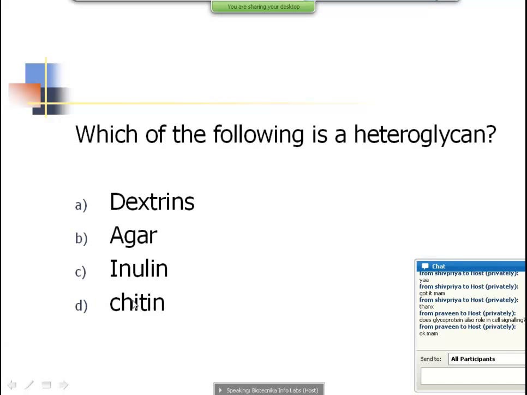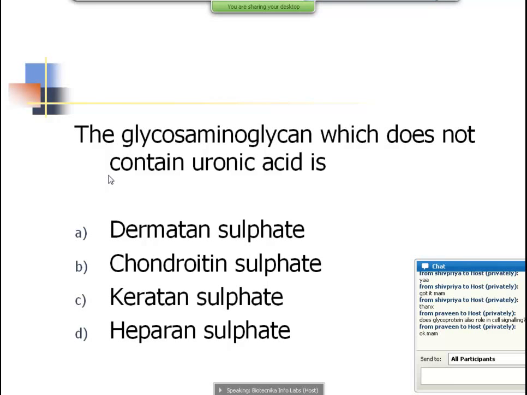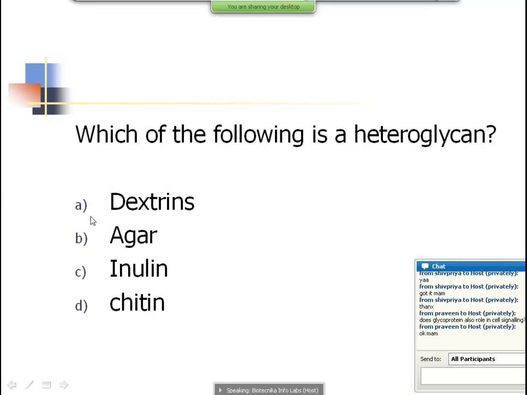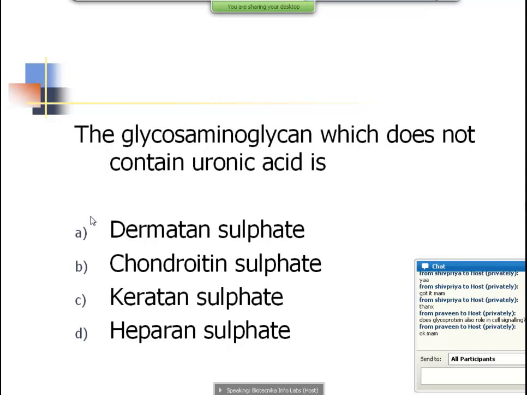Inulin. Have you heard of inulin? Inulin is a repeating unit of fructose polymer. You generally see it in the storage roots of plants. Agar, of course, is a heteroglycan. It has two or more different residues, like N-acetyl glucosamine residues, and forms several cross-links to form the agar. Then, that glycosaminoglycan which does not have uronic acid is